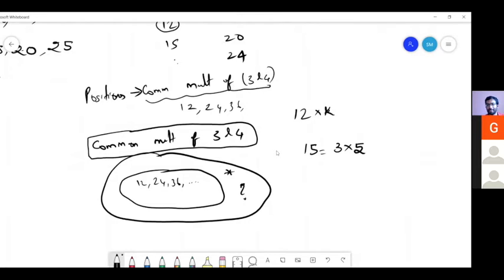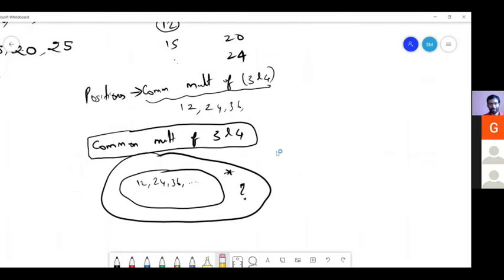Huh? Highest common factor is 1. Highest common factor, 3 and 4. Yes, that's what it is. And if you take any composite number, it should have a 2 and a 3 composed in it. If you have a 2 and 3, 3 and 4 composed in it, it is automatically divisible by 12, and it falls under the circle, I mean the inner circle.